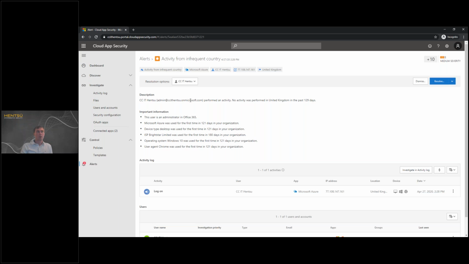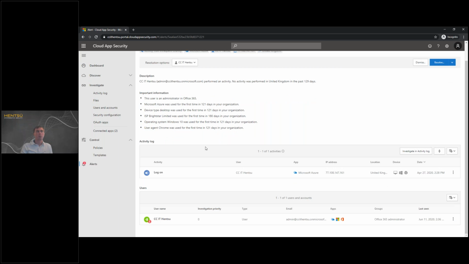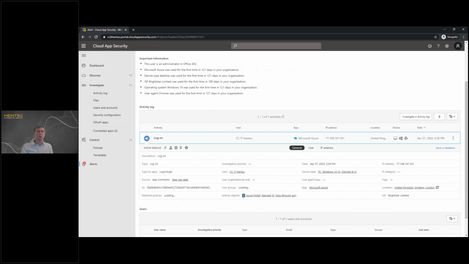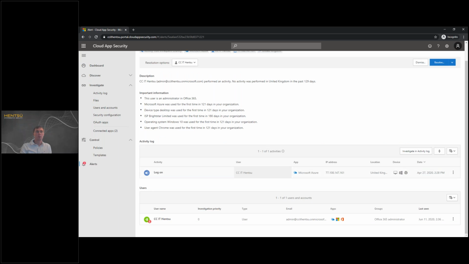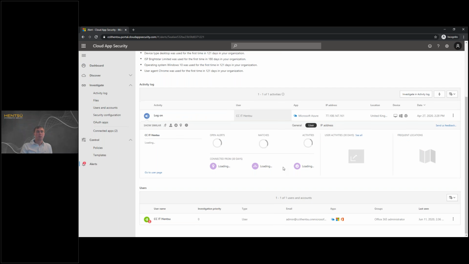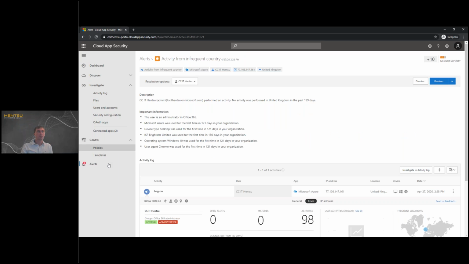It has a description of each and then important information. It then breaks down activity logs and the associated users for each. Again, you can click on them and see the specific details, which is more tailored to this alert. And if we navigate back,